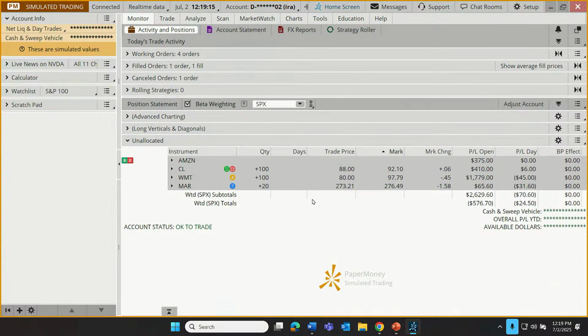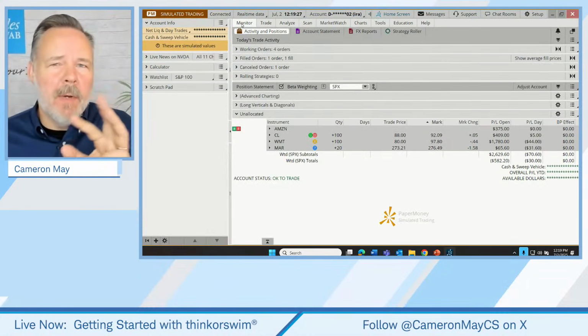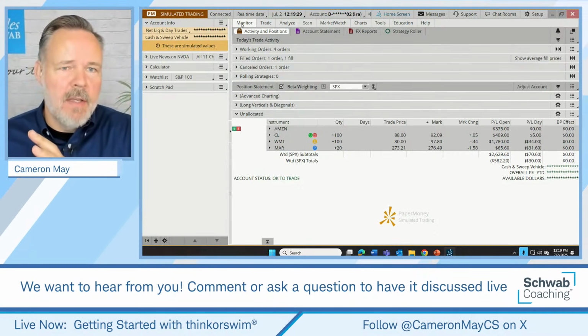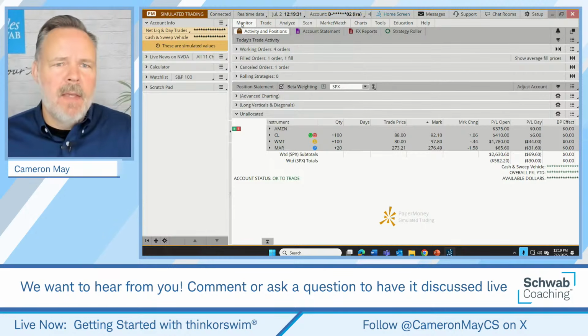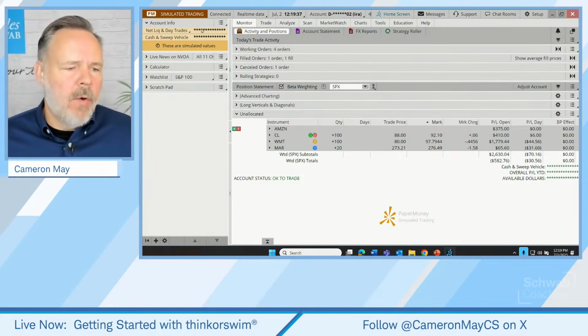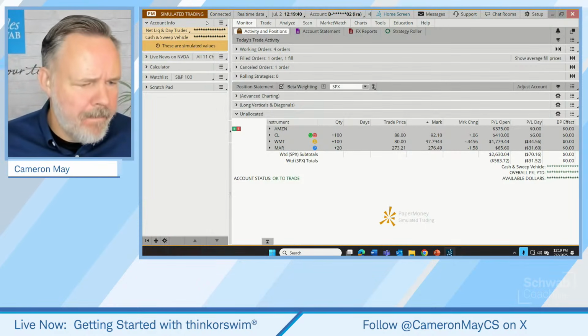So pretty powerful, but generally, I think fairly straightforward navigation tool here. So that's the monitor tab. I wanted to go into some detail on that one. The rest of the tabs, there are a couple where we're going to spend a little bit of time. Others we're going to kind of brush over, just in the interest of navigation. So before we go talk about the trade, analyze, and scan tabs, we also have these gadgets over on the left side.